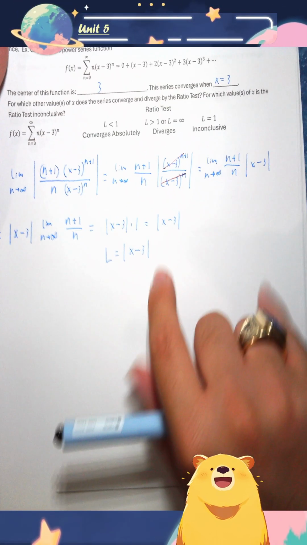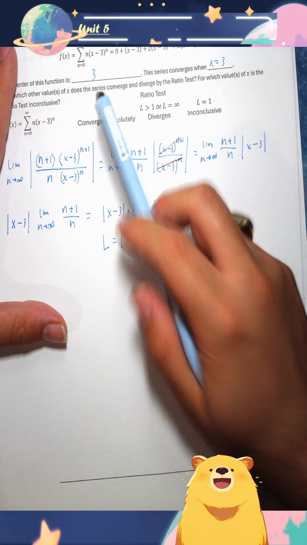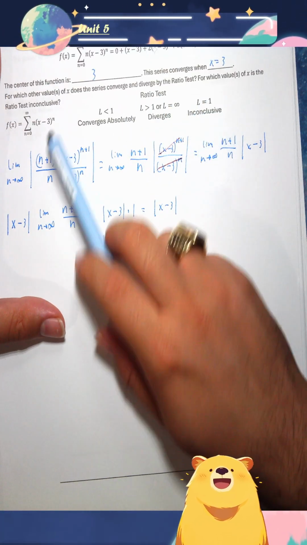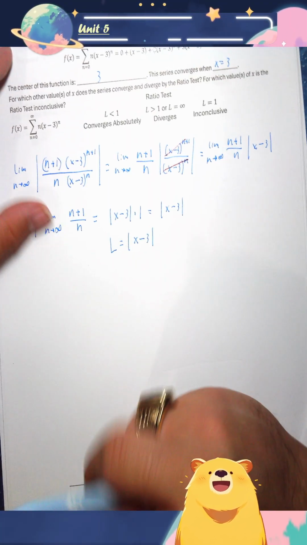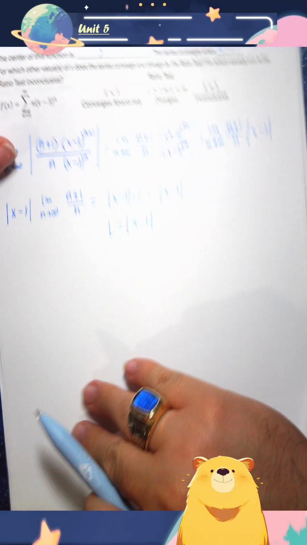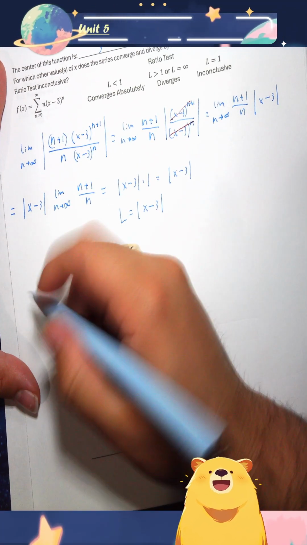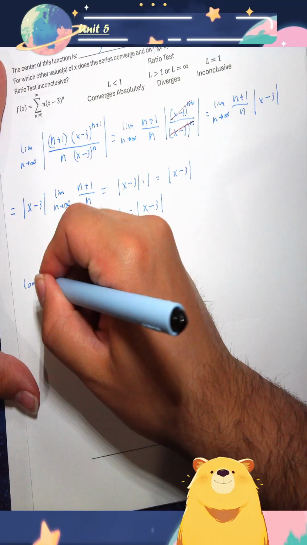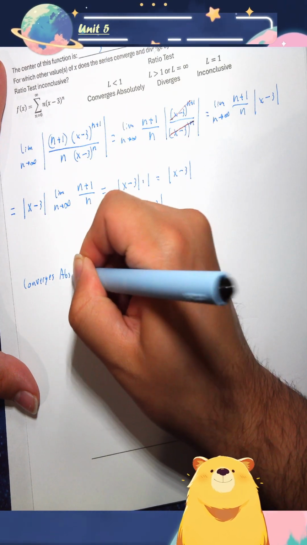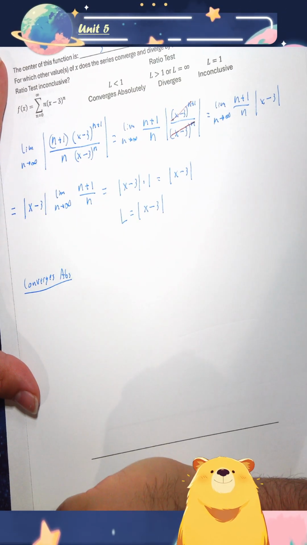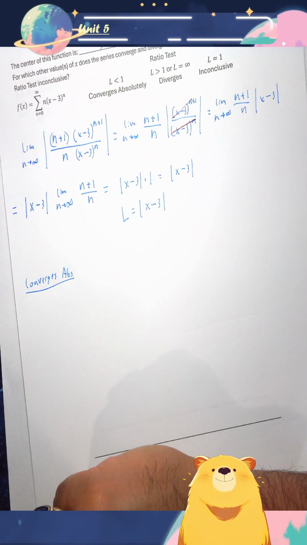Now you need to figure out, because the prompt said so, converge and diverge, and inconclusive. So we need to set this L to 4 things. Okay? We need to set this L to be converges, absolutely. That's going to be